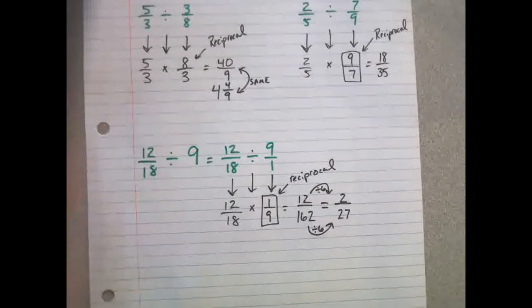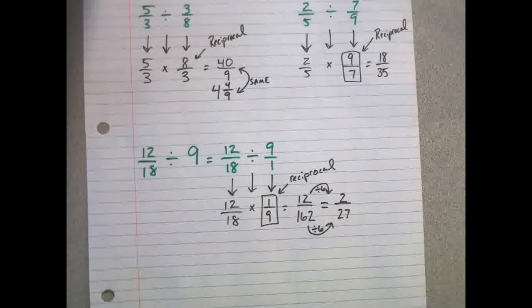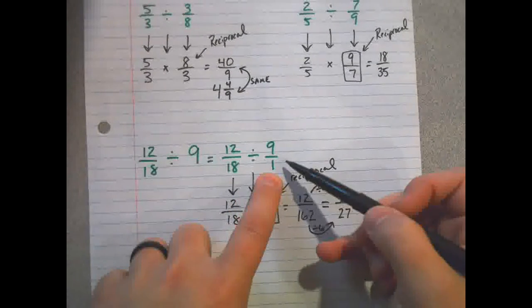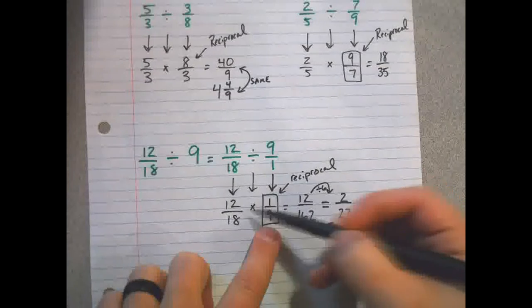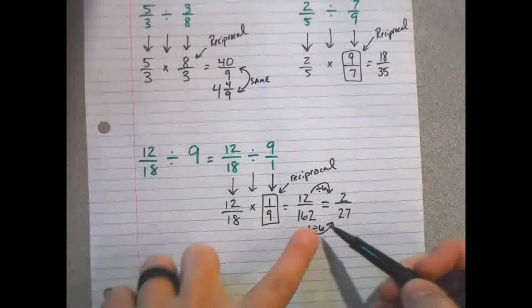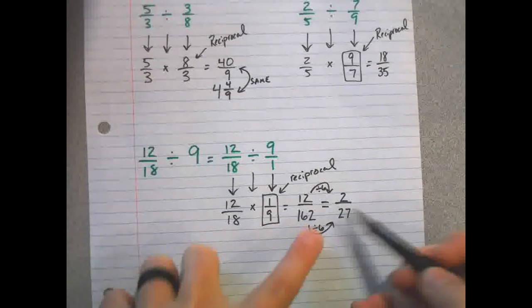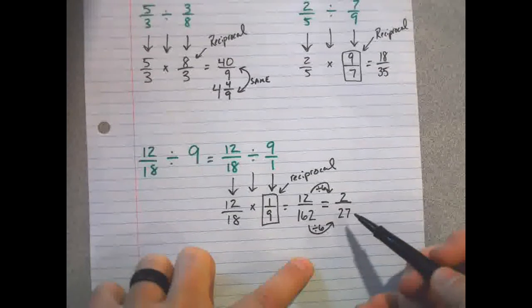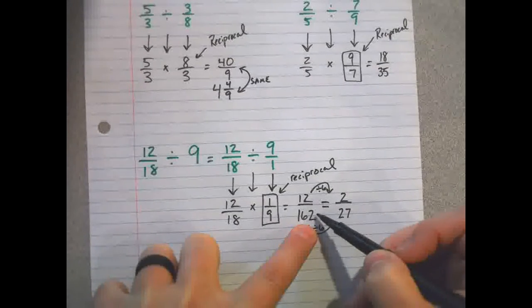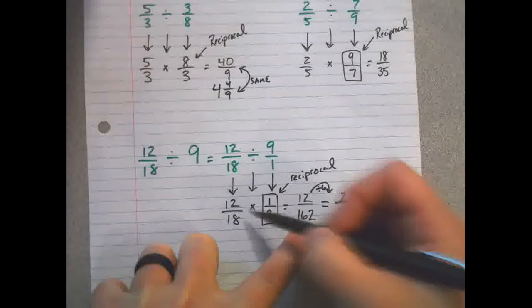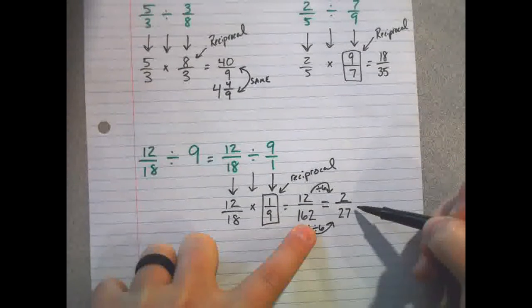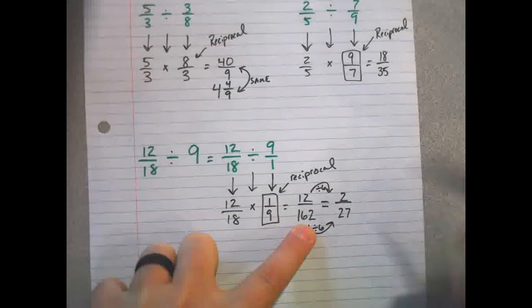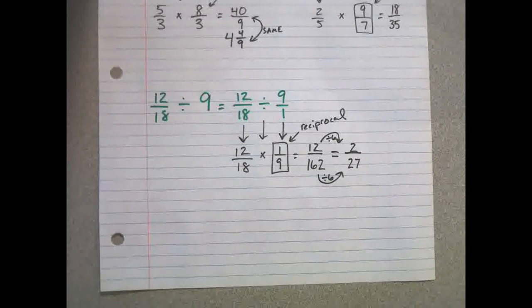Okay, so the solution to 12/18 divided by 9, I had to put it over 1. I flipped that fraction over and changed it to multiplication. I've multiplied, and then I simplify my fraction. I put it in lowest terms. This will get you partial credit because I've done all of this work. Simplifying this will get you full credit. Okay. And let's do one more